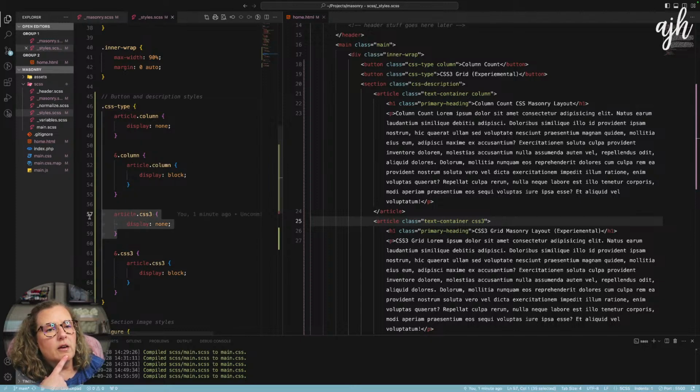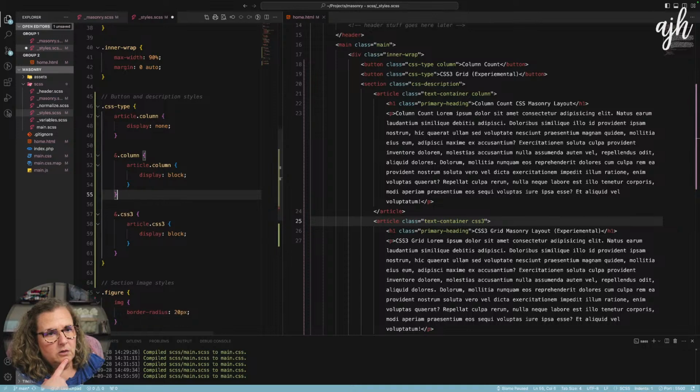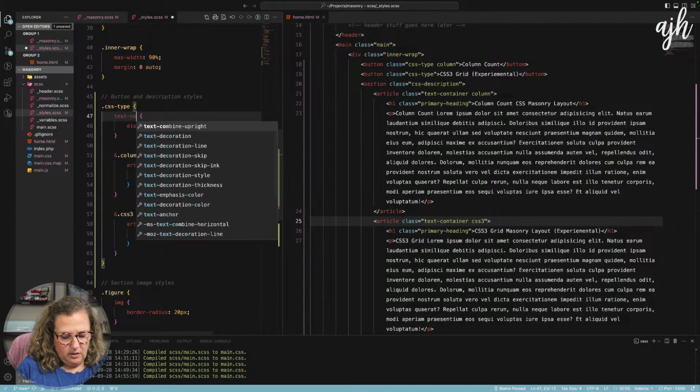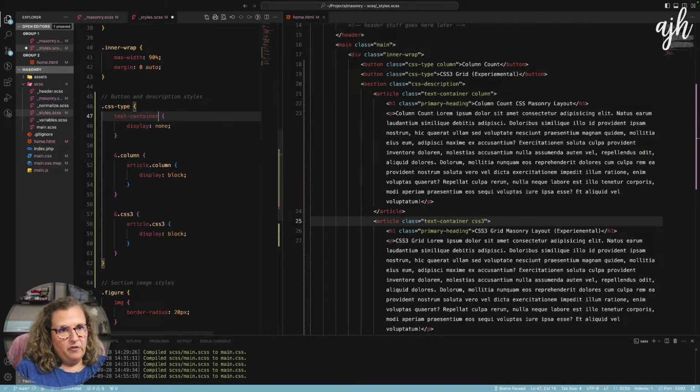Okay, I think I can take this out. So I think we can say article text container. I don't even think we have to have article in there. We can just say text container by default. So the text container by default is display none. But if the button has the class,